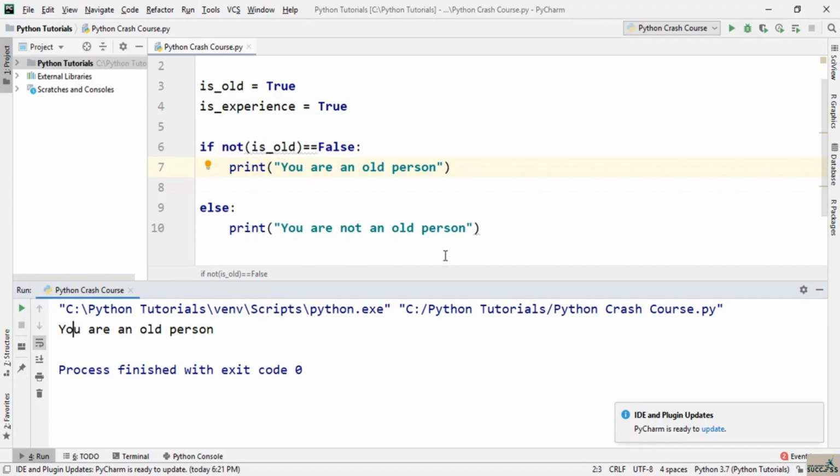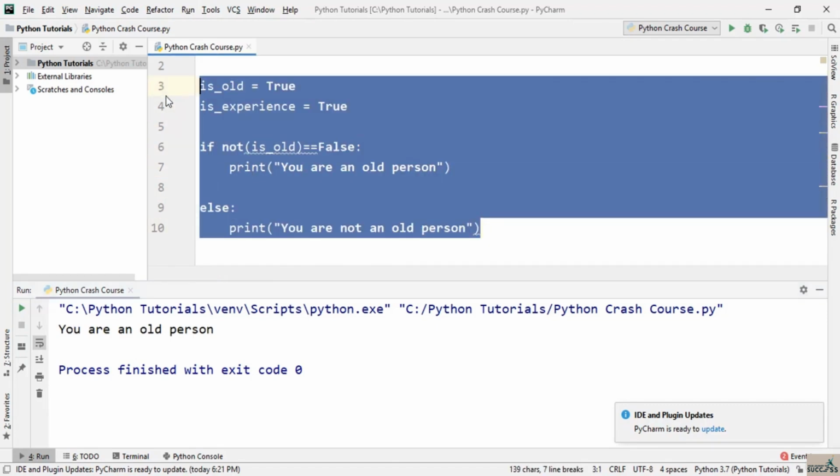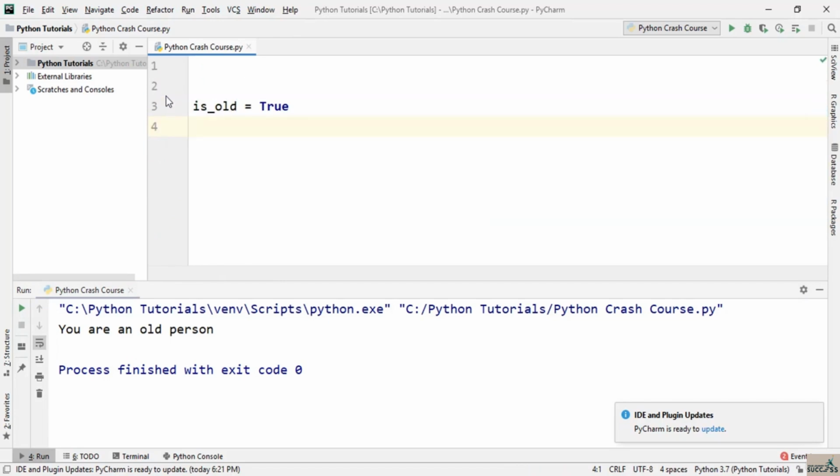Alright, so now I want to teach you something else as well, and for this let me just get rid of basically these lines of code. Now let's say that instead of a boolean variable, we're going to have an integer value, let's say 49. In here I will check if is_old is less than or equal to 25 years. Notice that I'm using the less than symbol. So it will check if the value of the variable is_old is less than or equal to 25, then we're going to print out